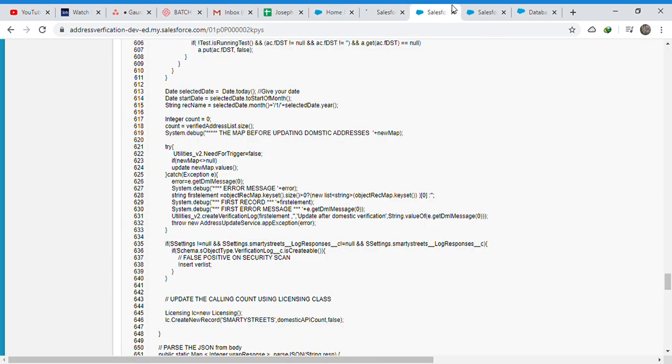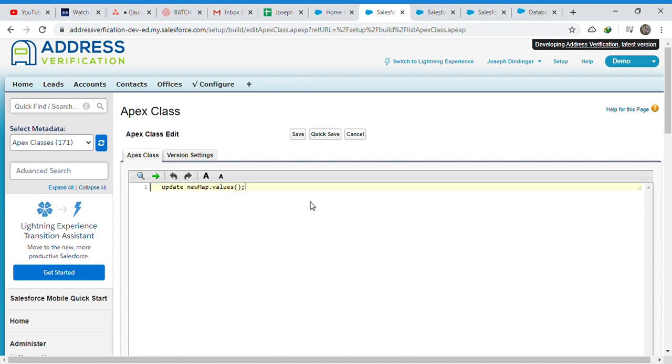Generally what happened, this is the class that tries to verify the list. So it's verified like something like this. So let's say it says update and the list. When we try to insert, we wrote like this: insert and the list. So you can see on line 1 or 2 how it works.